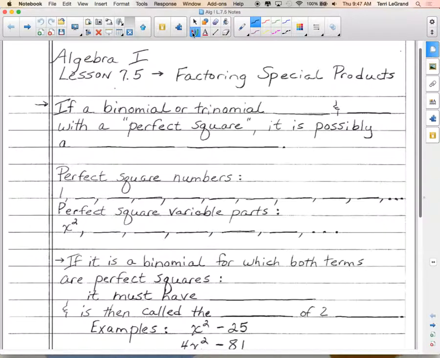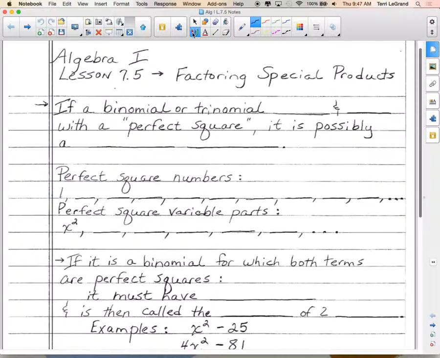Okay, so today I'm just going to teach you a shortcut for factoring special products. Does not mean you have to use it. You can use the other factoring method, but if you want to make your life a little bit easier, then use this shortcut. Plus, it would be really, really good if you could start to recognize when a polynomial is